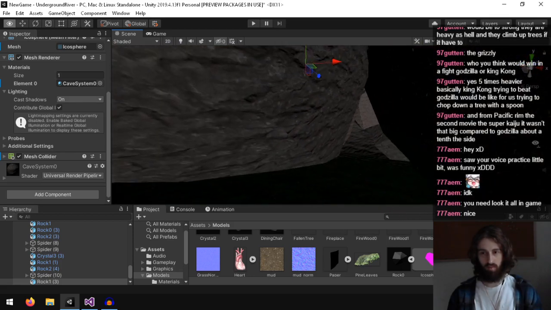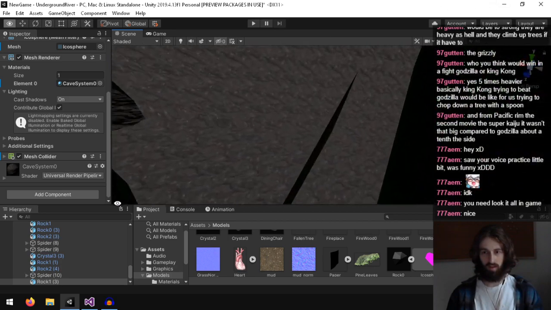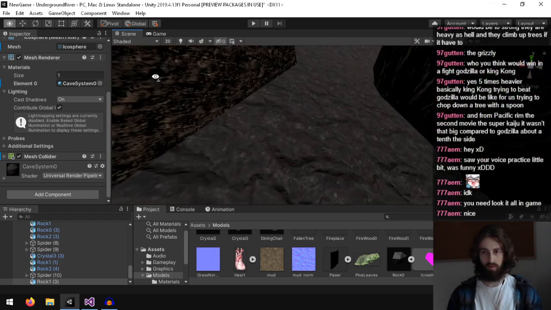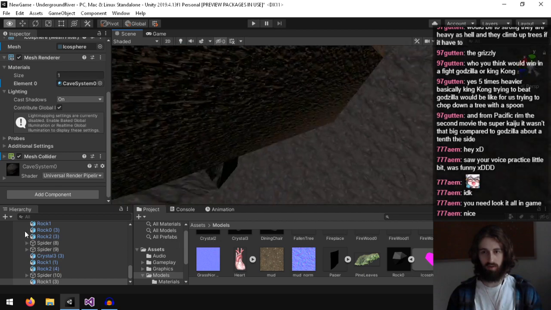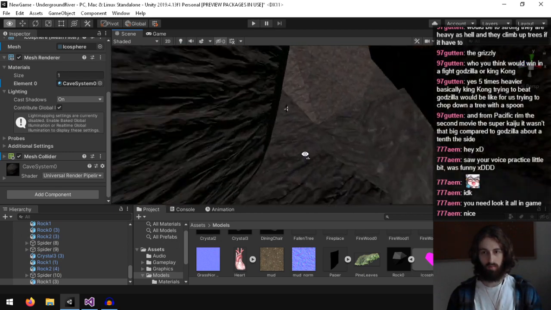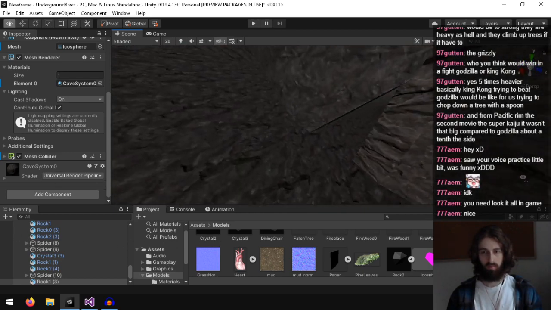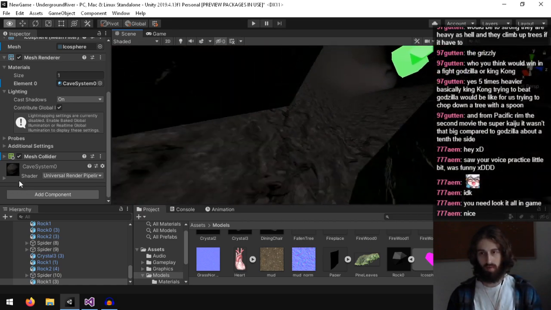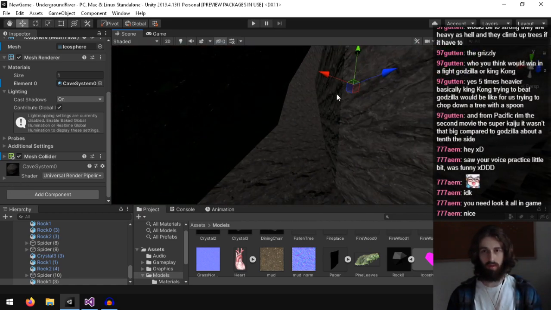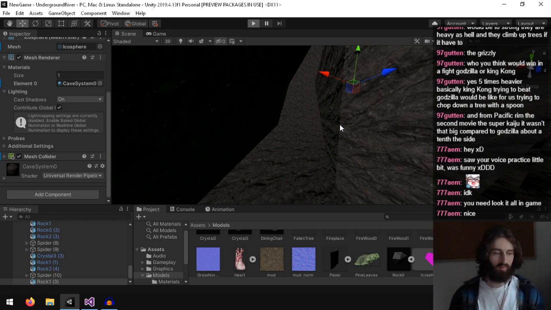Alright, and I've said I wanted to do another jumping puzzle. I think I'm going to do a thing where you have to jump between rocks right here. Actually, maybe you'll be able to go through the hole right there. Let me see.